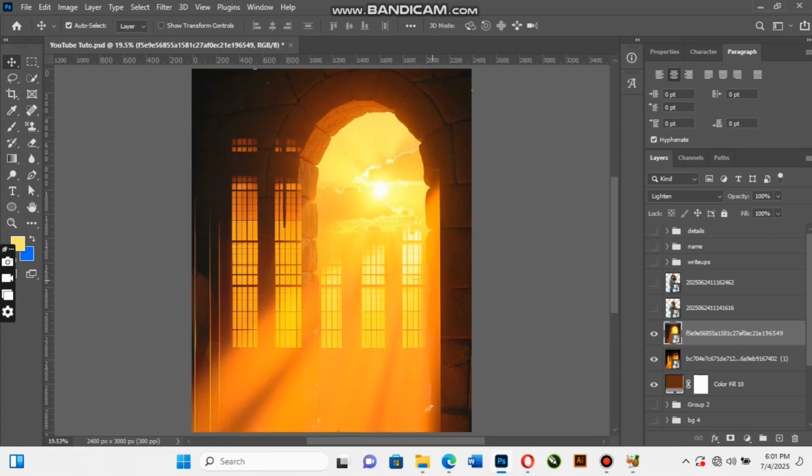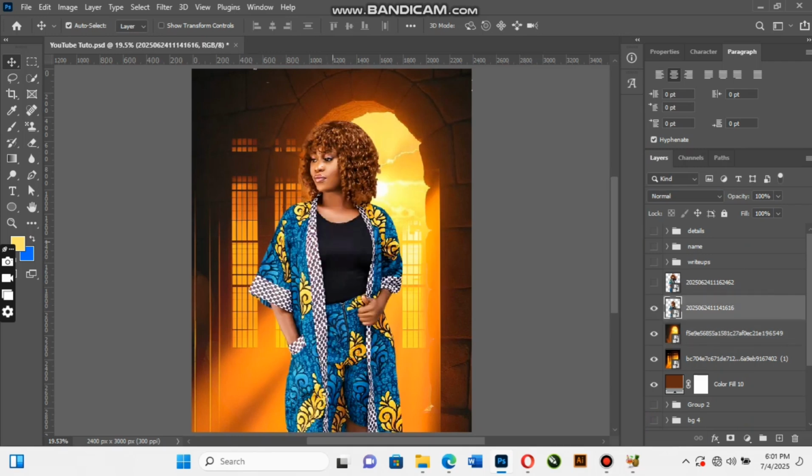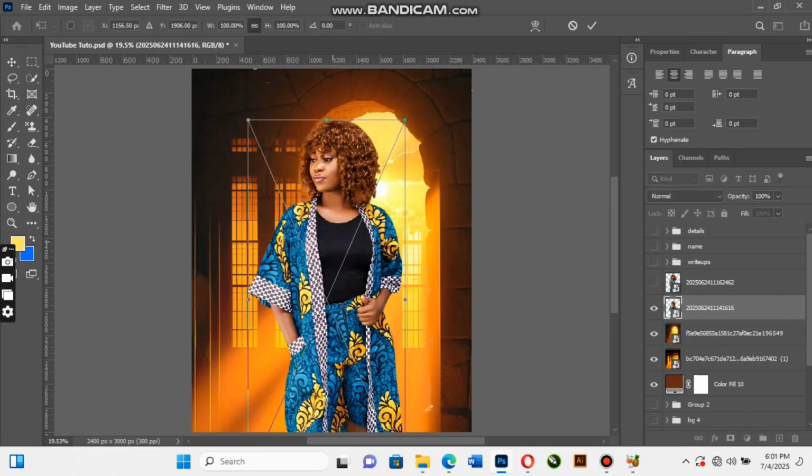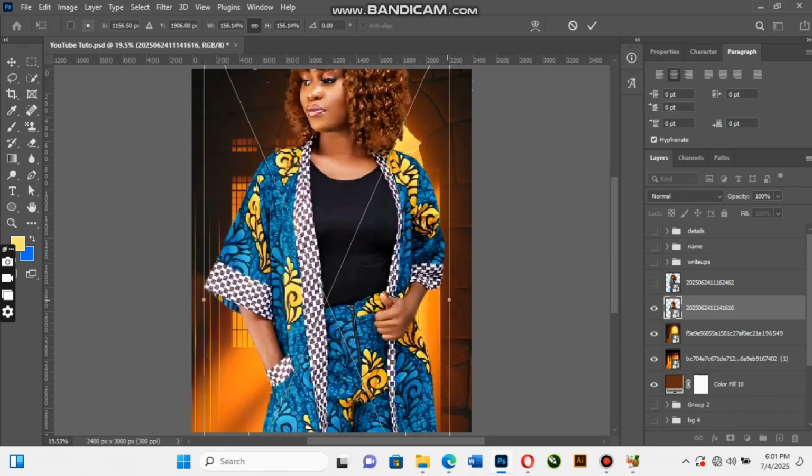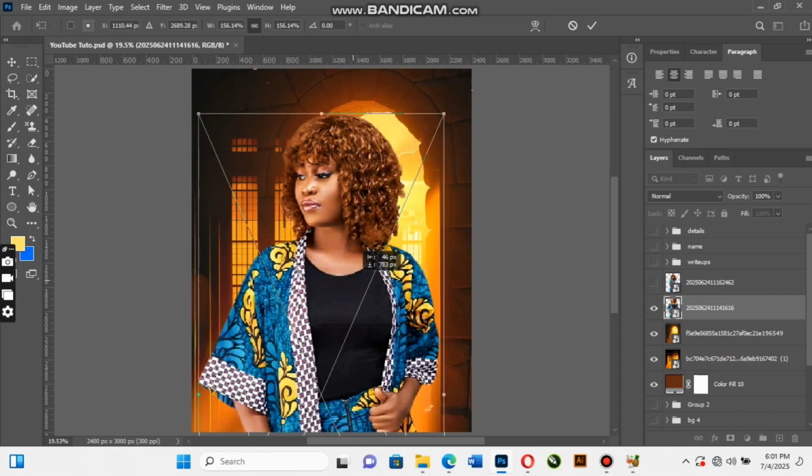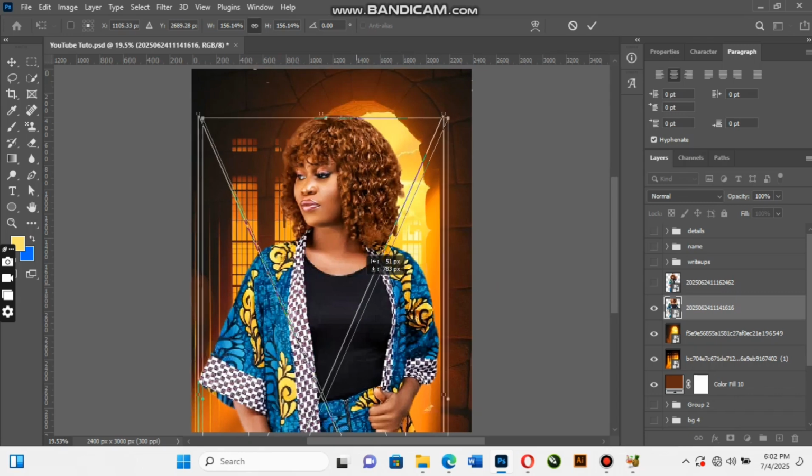The next thing we'll do here is to get the image of our celebrant. Okay, so this is the image of the celebrant. I will increase the image because this is the one I want us to make use of. So I'm going to increase her picture. Then I will bring down her picture to a point where the light reflection will look as if it is hitting her